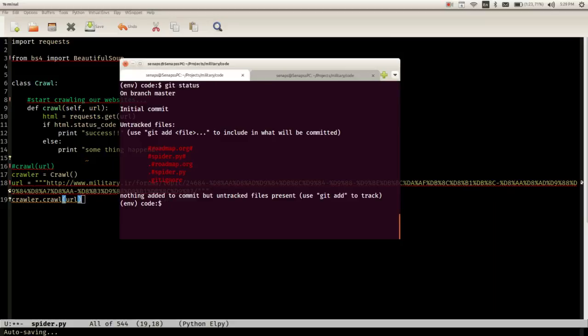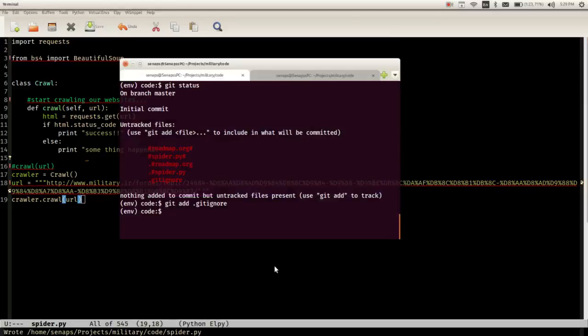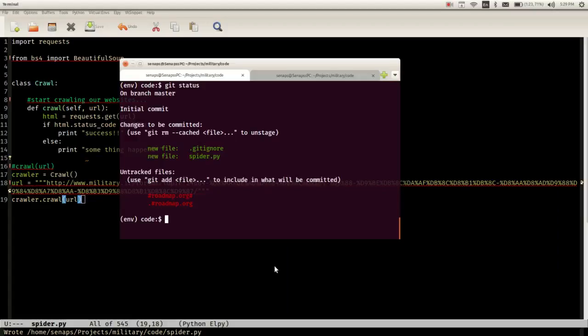We have a lot of files to add, so I'm gonna git add .gitignore, and I guess, yeah, let's save this file up to this that we are, then git add spider.py. Well, this is it, and then git status, but we have two files to commit. So git commit